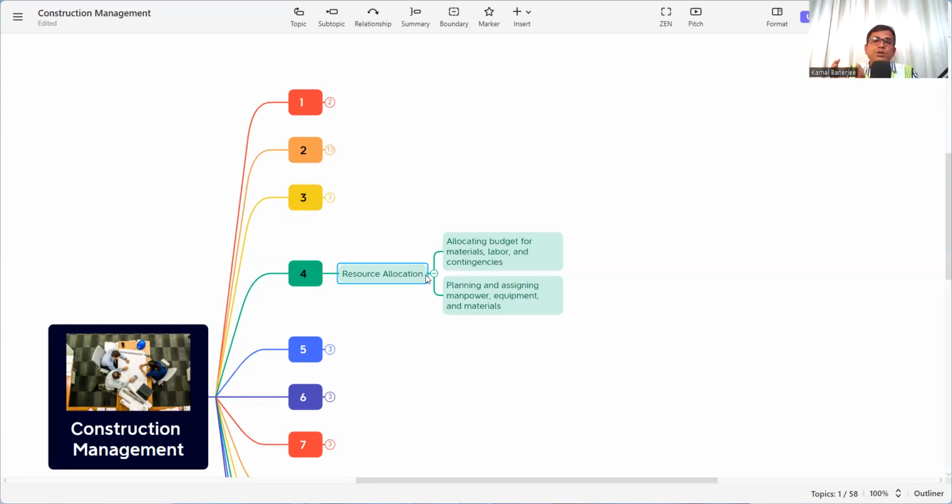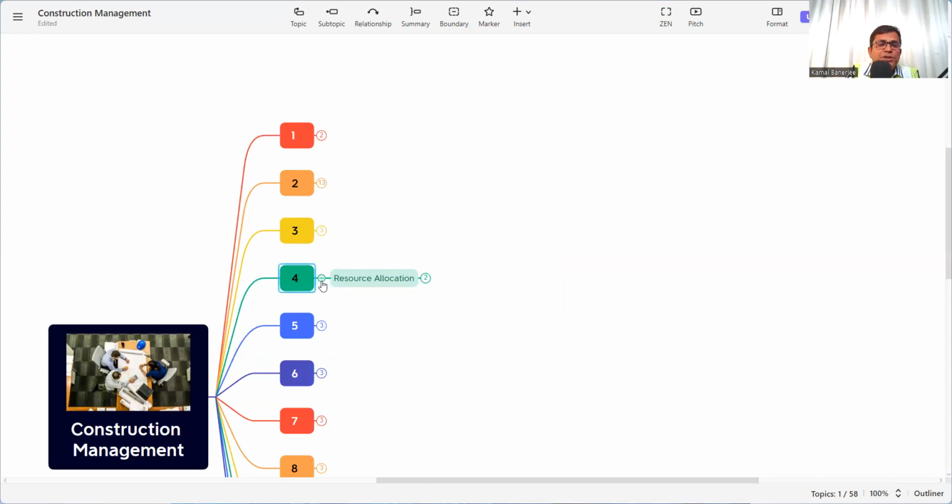Suppose we plan that we need 3 excavators at the site. When we need the 3 excavators, whatever manpower is required, or how it will be managed, whether it will be day shift only or day and night shift, or whether it will take 2 months or 3 months, that project resource allocation is very important. And this is the construction management part. So resource allocation planning also needs to be taken care of in order to deliver the construction part in time, money, and quality. So resource allocation is also an important part.